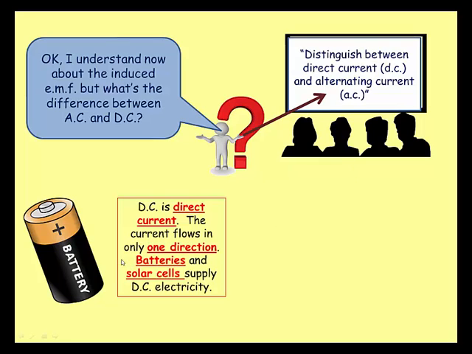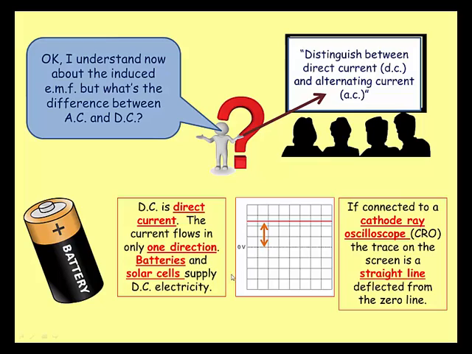Now your battery cell is a source of DC. So DC stands for direct current. The current flows only one direction. Batteries and solar cells supply DC electricity. Now you may have at your school, wherever you work, what's called a cathode ray oscilloscope. Now you can connect up the cathode ray oscilloscope to the battery, and that will show you the voltage being